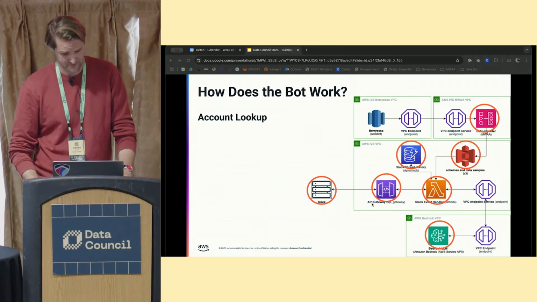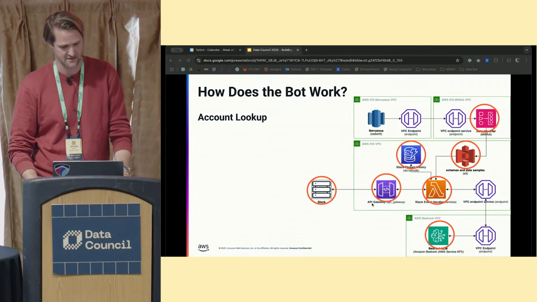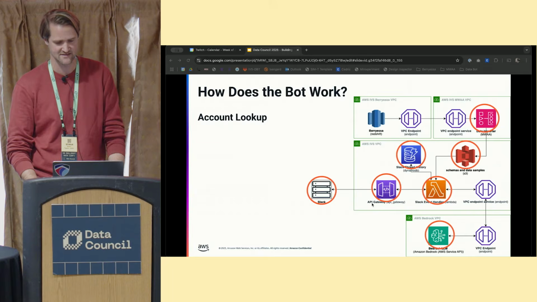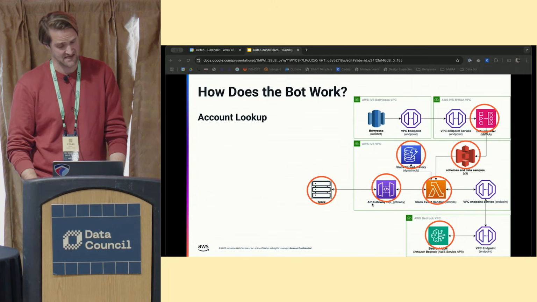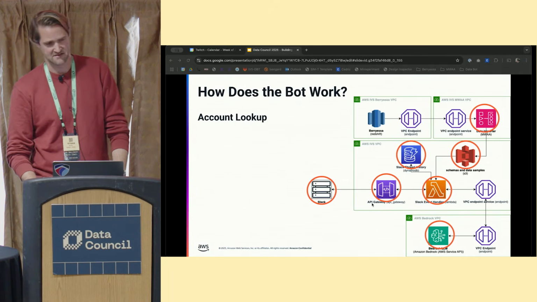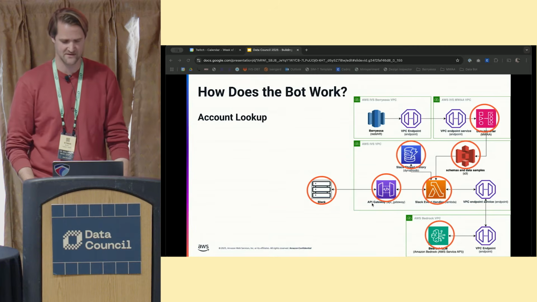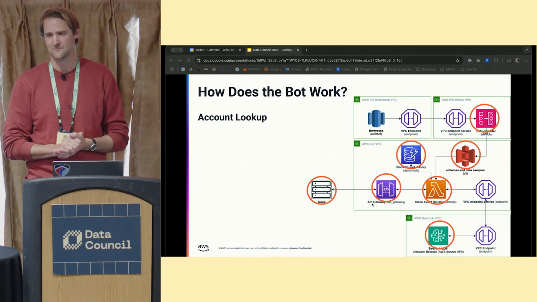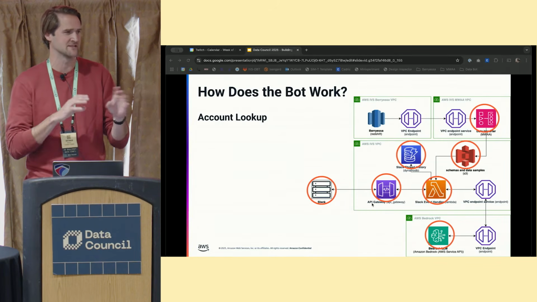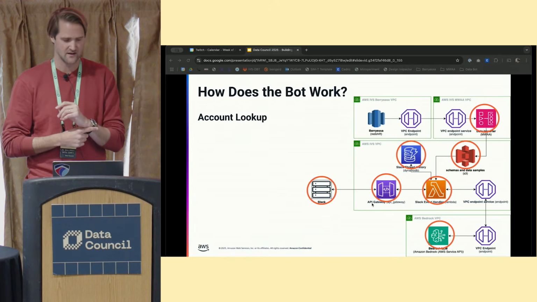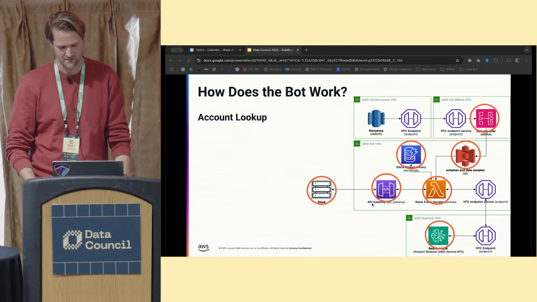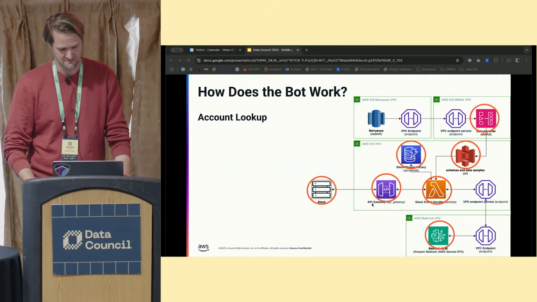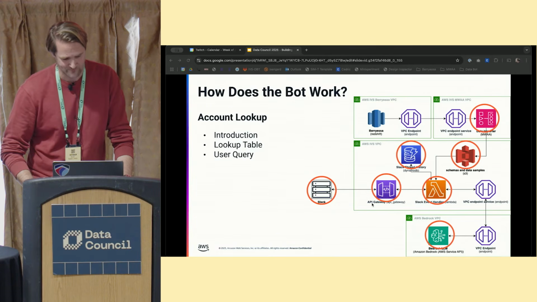Account lookup is very straightforward. We give the bot a big table of our customers, their IDs and names, and then just ask it based on this account, and it's able to do lookup. I was somewhat surprised it worked directly out of the box, but it did. We provide some aliases for the customers, so it's a bit of a fuzzy search in that way, but yeah, this works really well.